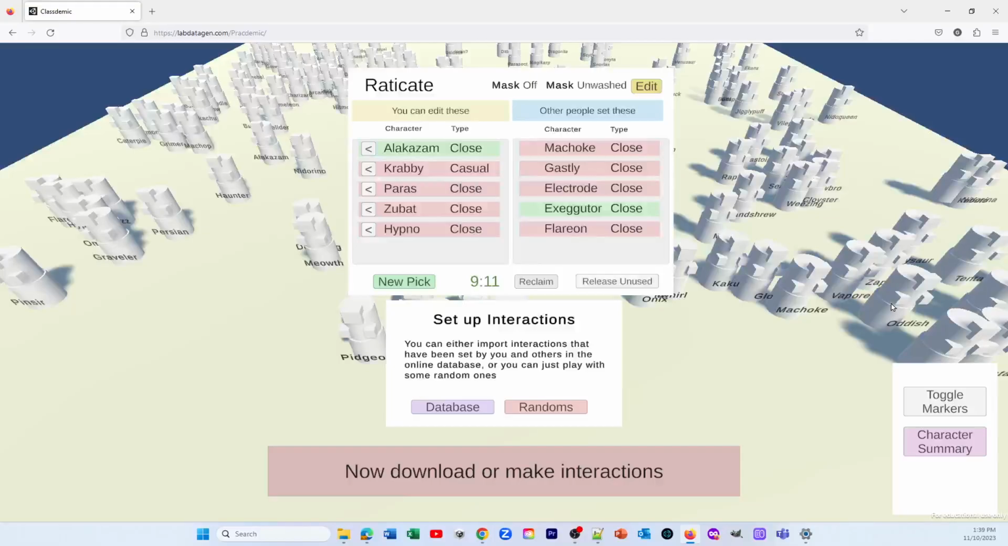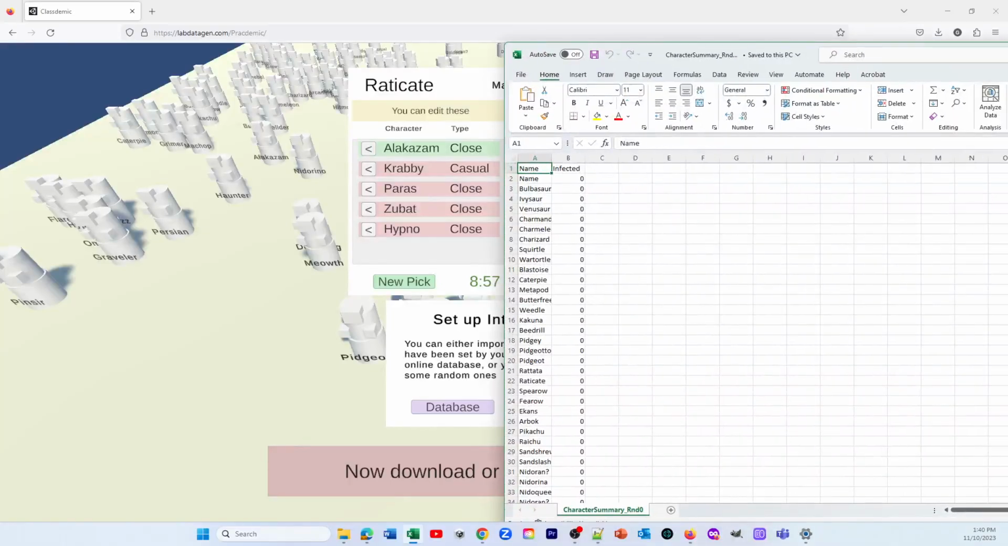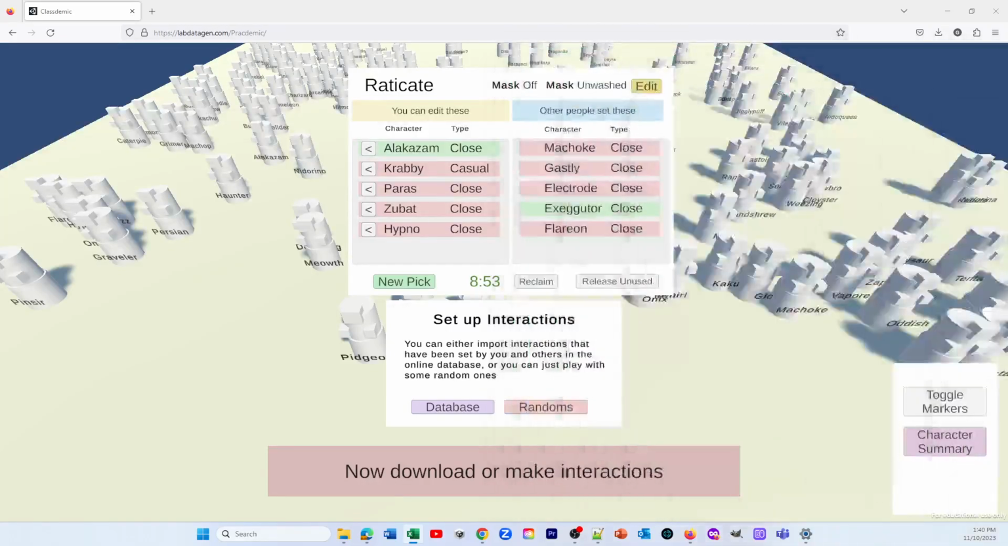The other thing you can do at any stage is you can download a character summary. So this will tell you what the state of play of each Pokemon is, but of course that would be cheating. So let's not do that at this stage. The other way of cheating is to toggle the markers. So by clicking this button here, toggle markers,